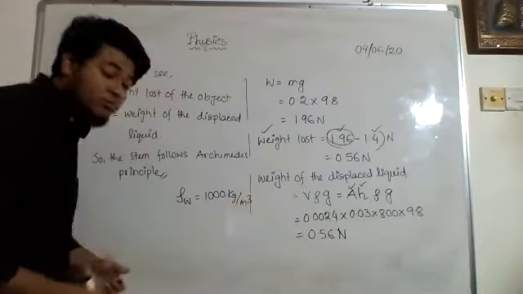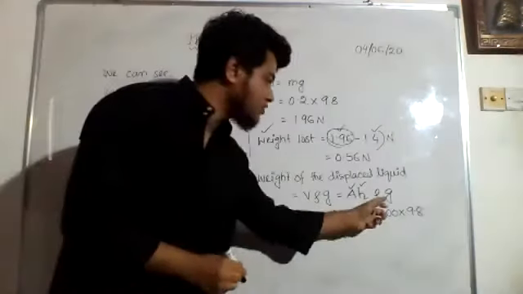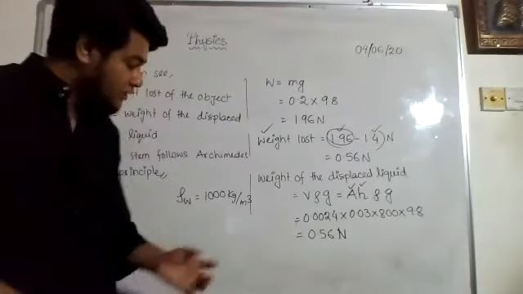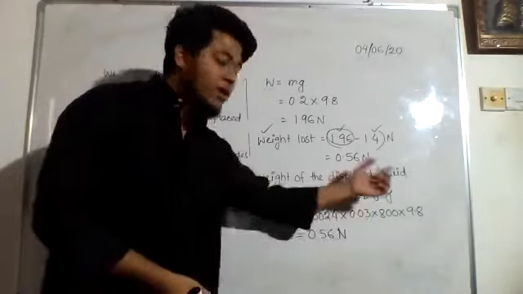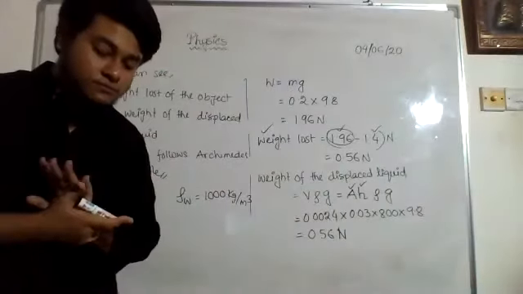So if it is not mentioned in the question, then you can use it, sir, like we use the value of G even though that is not mentioned in the question. Okay, so we have the rho also, we have all the information, so we can easily calculate. Can you do it?